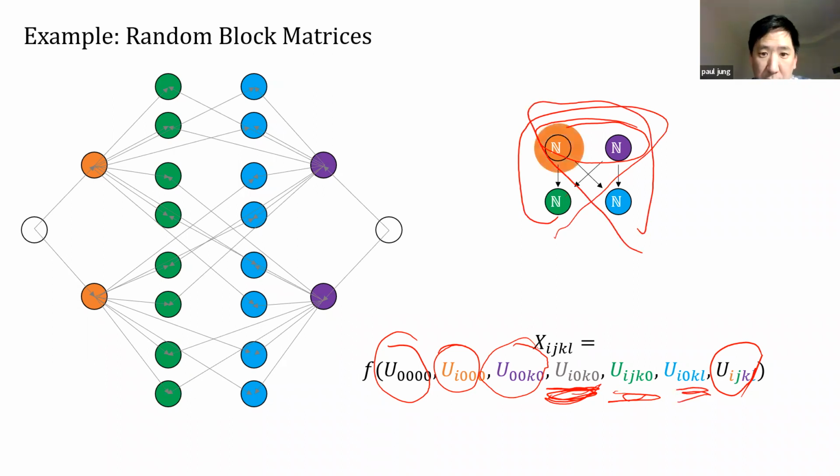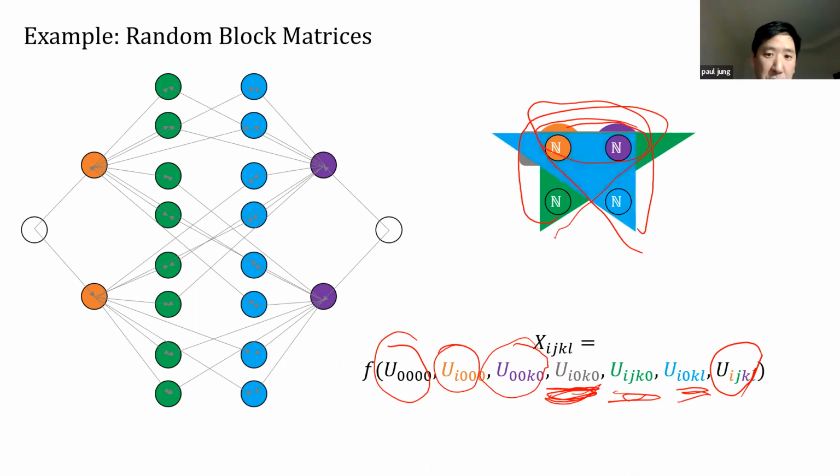Okay, so here we could have orange, purple. We could have both of them. That's the gray. We could have the green. Once we include the green vertex, we have to include orange and purple. And once we include the blue, we have to include its ancestors. And then we could have the full set. And that's the representation theorem that we have for these sort of more general exchangeable arrays.